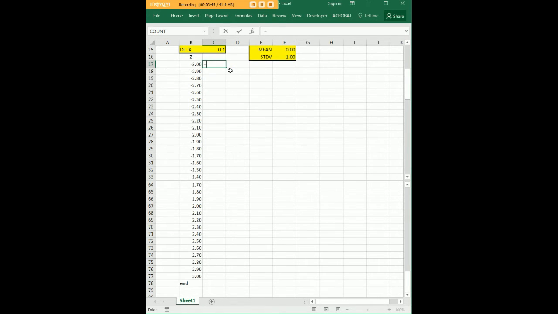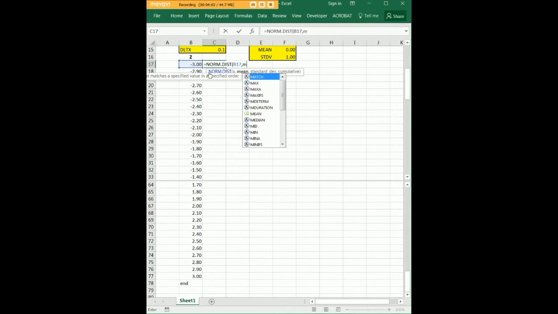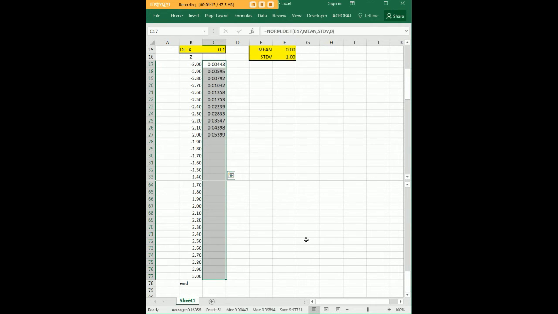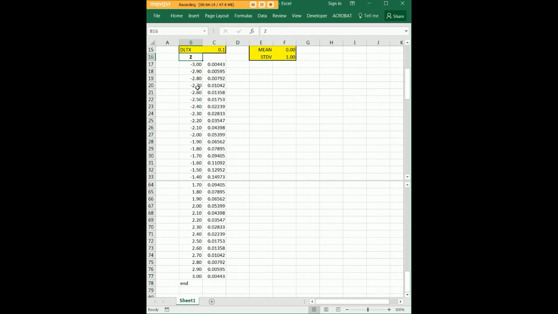So norm.dist, get my z-score as the input. It's really more general than a z-score now. Usually we reserve the z in z-score for the standard normal distribution, but nobody's paying any attention, so we'll just use that, STDV, and still we're not going to accumulate it. We get a number, and run that down, Control D, and let's graph that again,